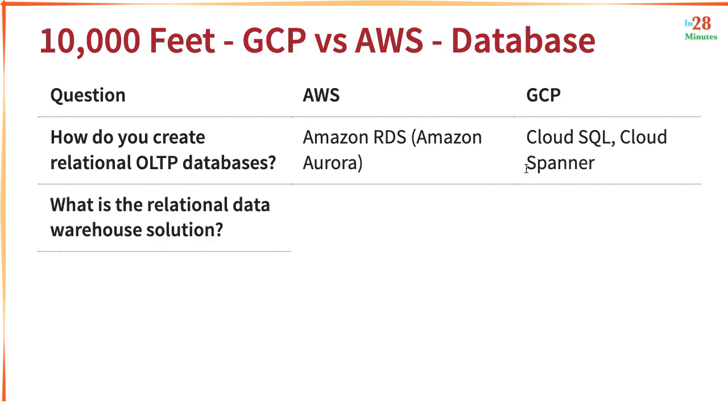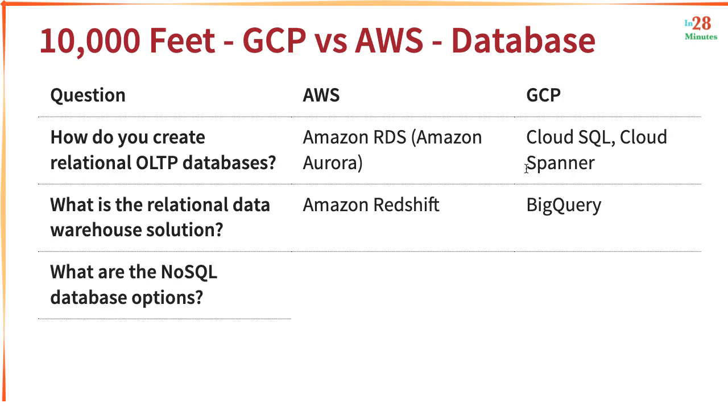Relational databases can also be used for data warehousing. If you have analytics applications or reporting applications, even those can make use of relational databases. For such use cases, the recommended solution in AWS is Amazon Redshift. In Amazon Redshift, you can create a cluster with a number of nodes. You can store the data there, and you can run queries across multiple nodes of this cluster. So you can use Amazon Redshift to run complex SQL queries over huge volumes of complex data. In GCP, the corresponding service is BigQuery. If you want to use SQL to query huge volumes of data in GCP, you'd go with BigQuery.